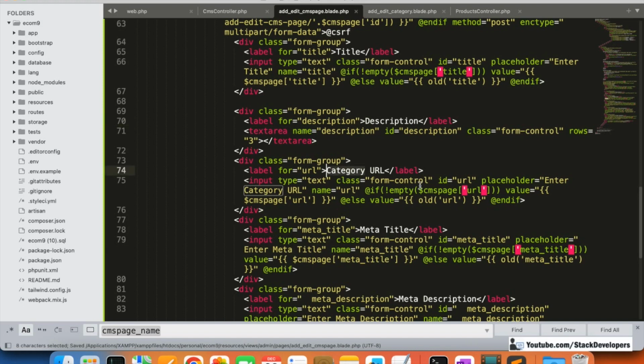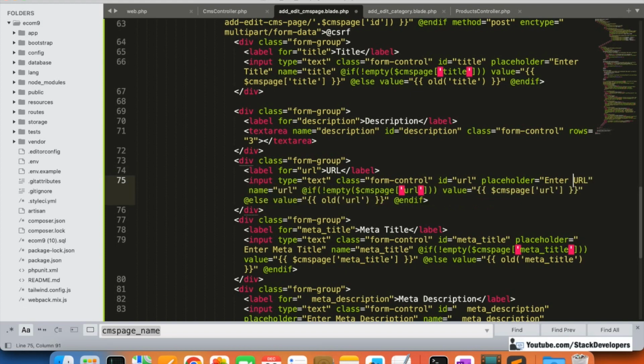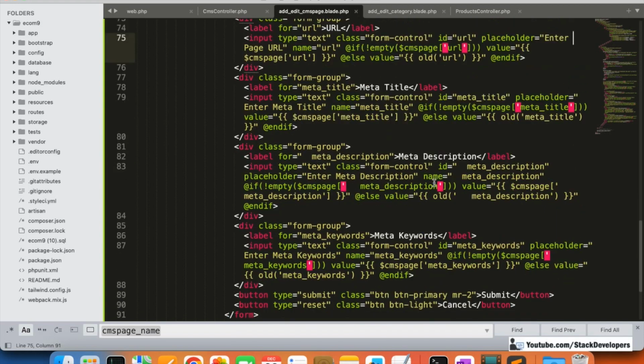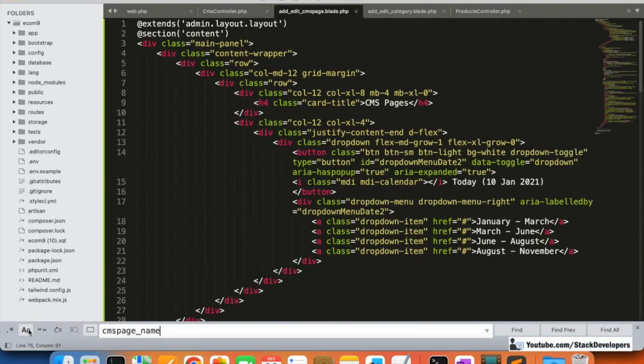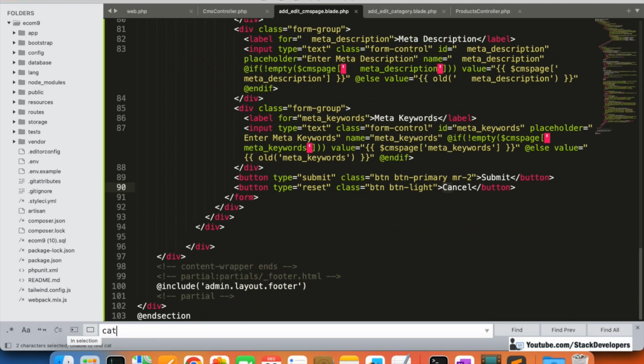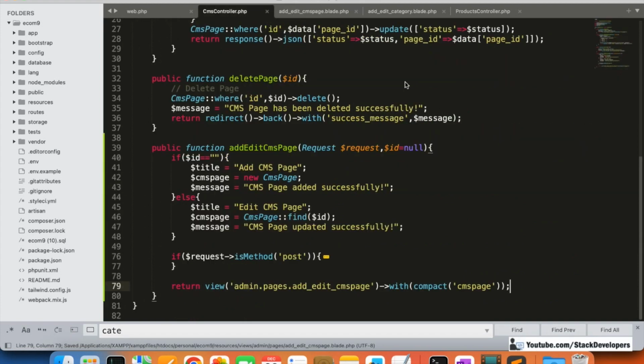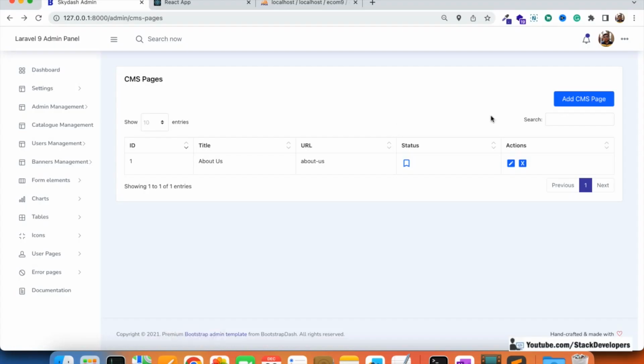After that, URL for the CMS page. Then meta title, meta description, meta keyword, that will remain the same. We can search the category once, make sure it does not exist in this page. Now we can check, we can click on edit link here,